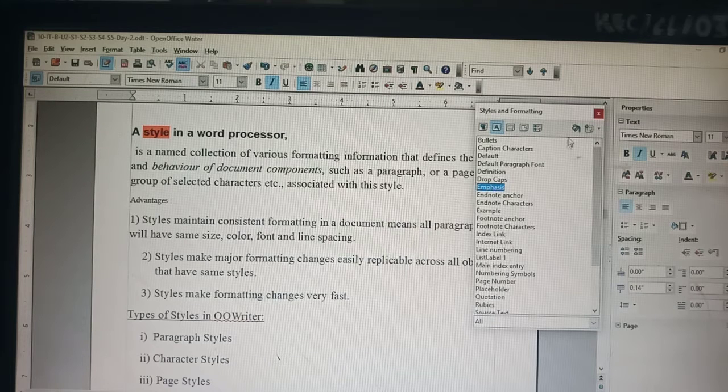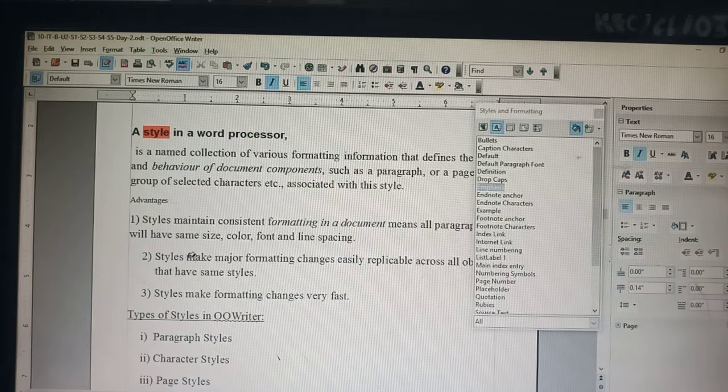After selecting emphasis, click on fill format, and when you come out you can see that my mouse cursor has changed to this paint brush type icon. So your mouse pointer is changed to this type of icon. Then if you want to apply the emphasis style to this part of the document, it is there in emphasis mode.